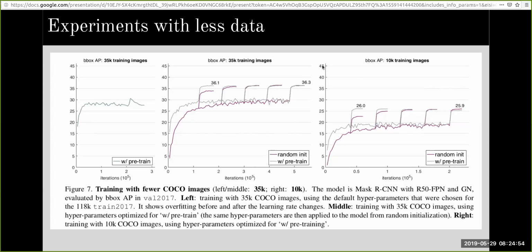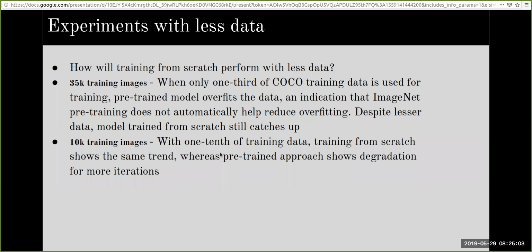And in the rightmost plot here, we see that the same experiment was done with 10K images as well. So with 1/10 of the training data, training from scratch shows the same trend.